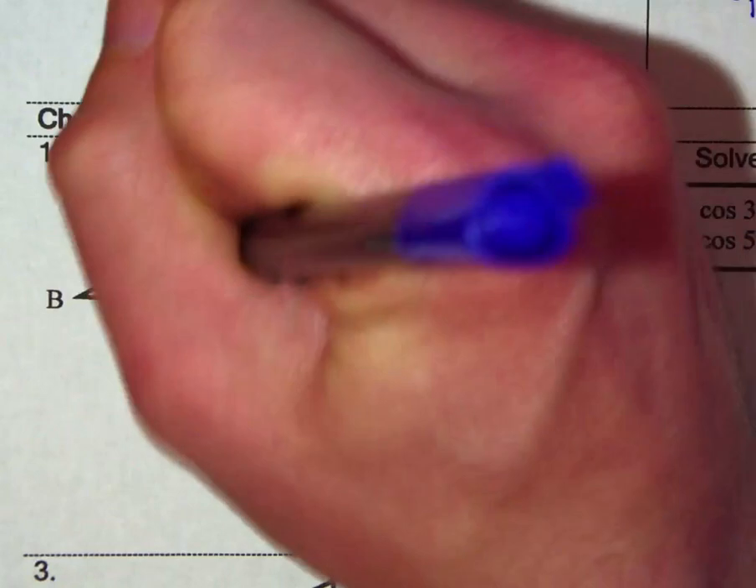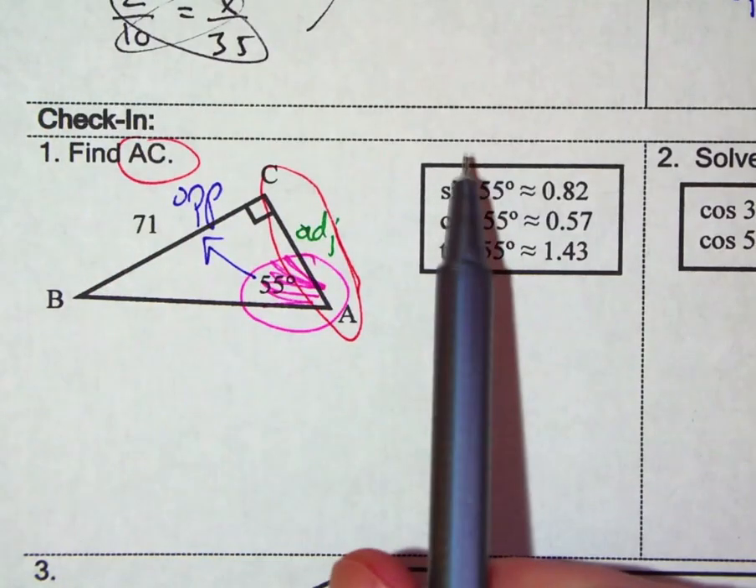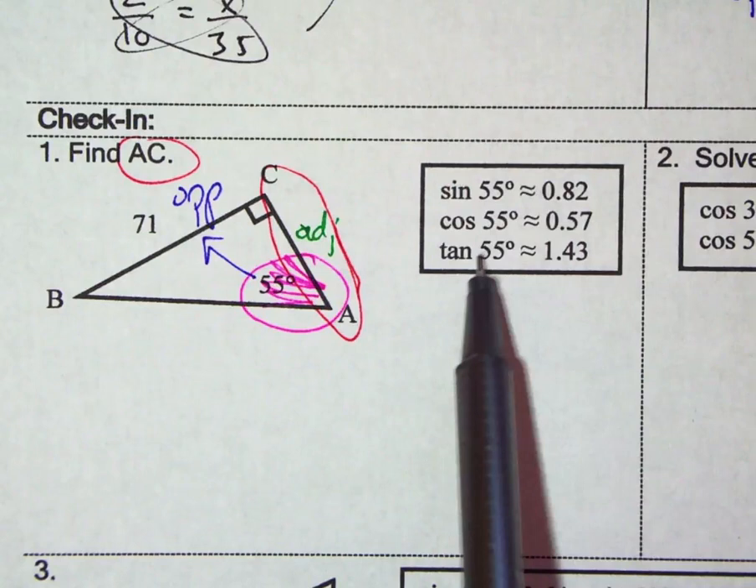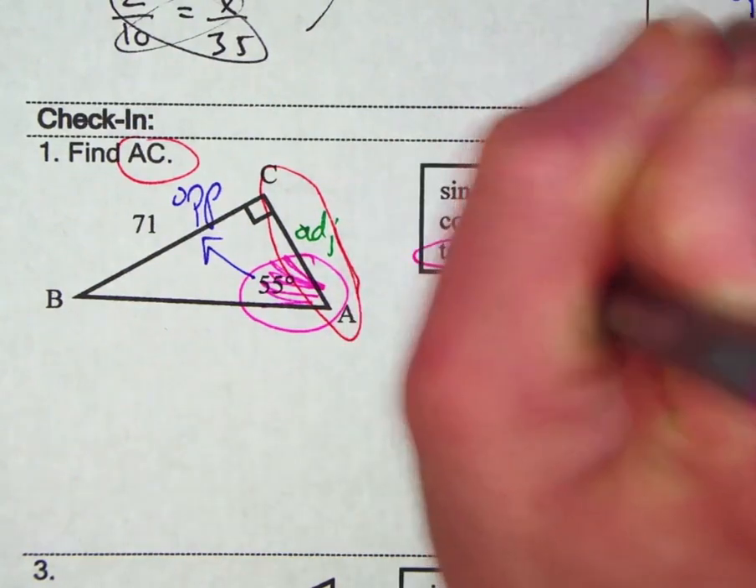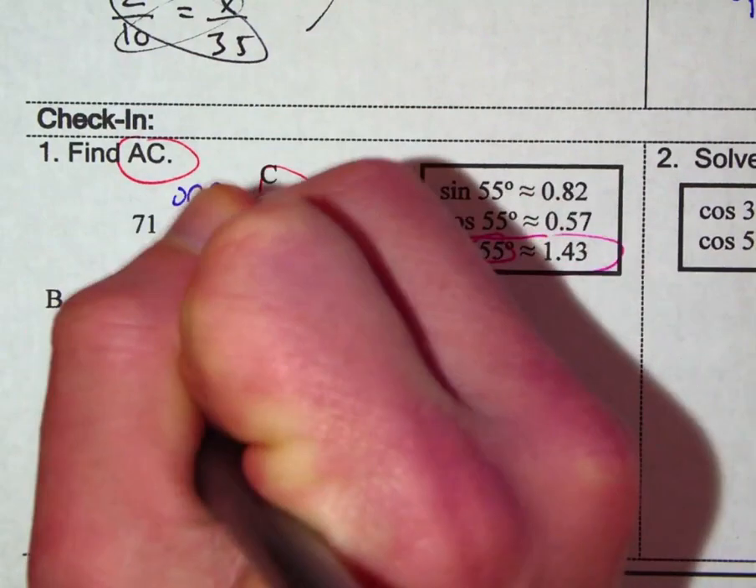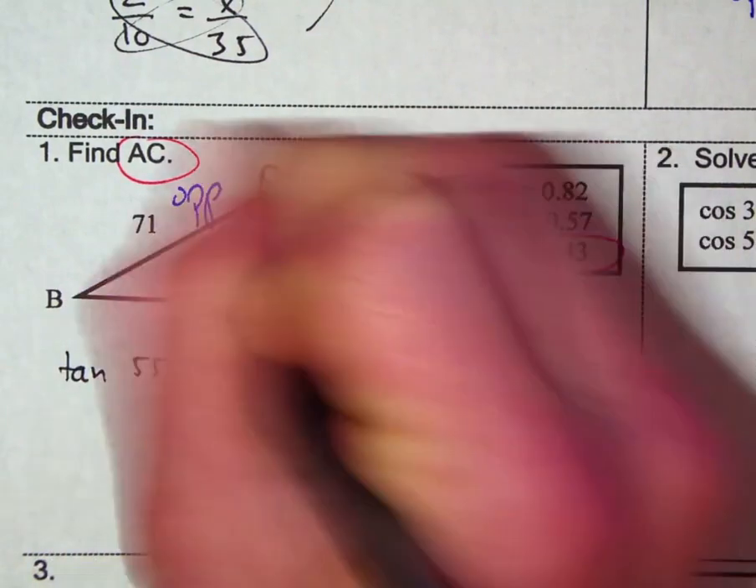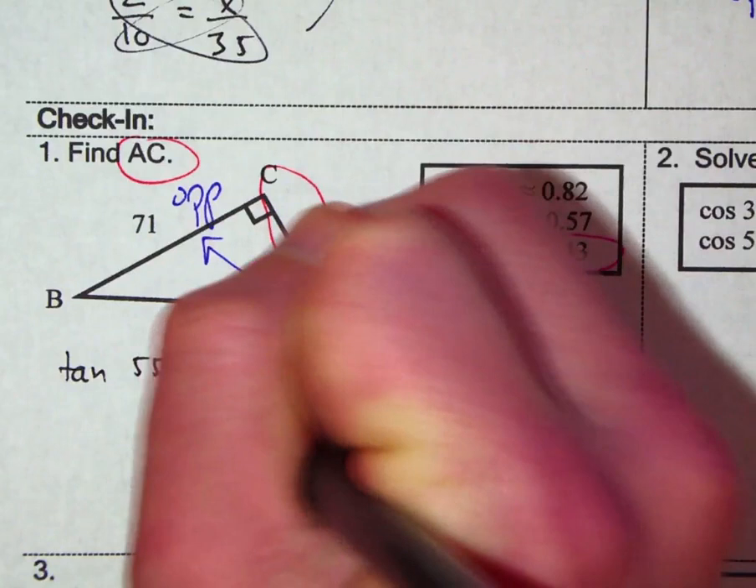And they gave me 71. That's the opposite. So what uses the opposite and the adjacent? If you go to the top and look at SOHCAHTOA, that's going to be tangent. So we're looking for the tangent right here. So we can go ahead and write it out. Tangent of 55 degrees is equal to the opposite 71 over the adjacent AC, or you could call it x